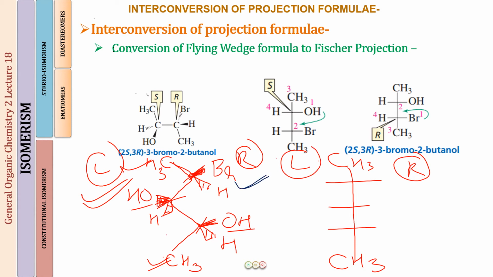Okay, so what is on the dash? Well, the hydrogen is on the dash. So let that remain on the right side. Let the bromine go to the other side. Next, for the next chirality center, you see the OH and the H on the left side. So what is going to remain here? H will remain here, OH will go to the other side.